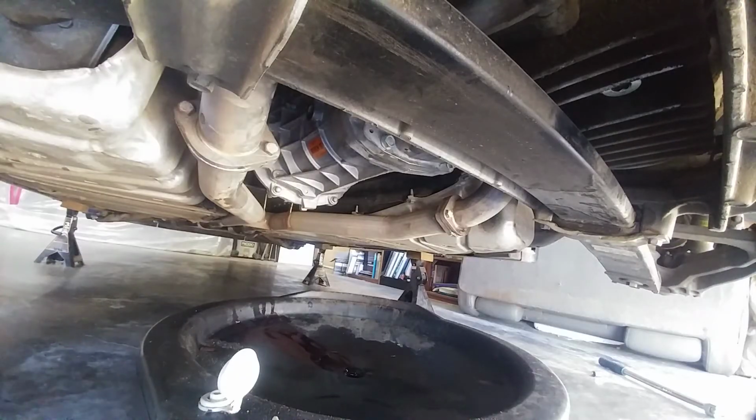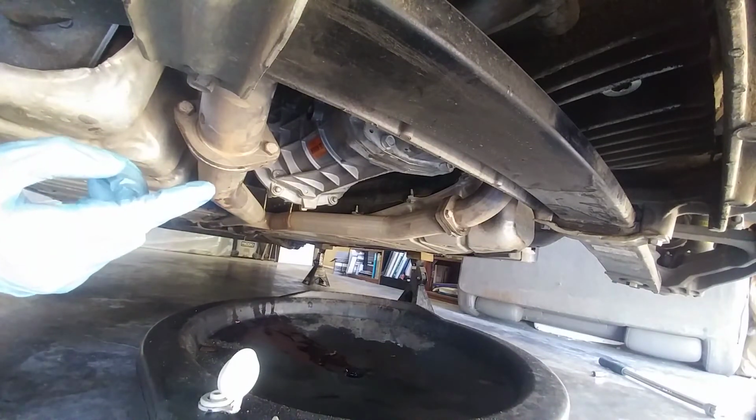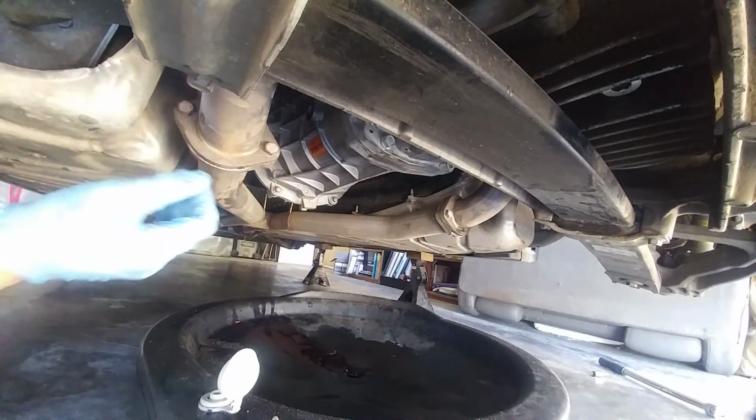All right, you can see the last little bit of the transmission fluid dripping out of the fill hole, and that clearly was less than 4 quarts. So I think if you just buy 4 quarts of the transmission brand you'd like to use, you're definitely going to use less than that. Now I'm just going to let this finish out dripping. I will then put the plug in, the sensor,